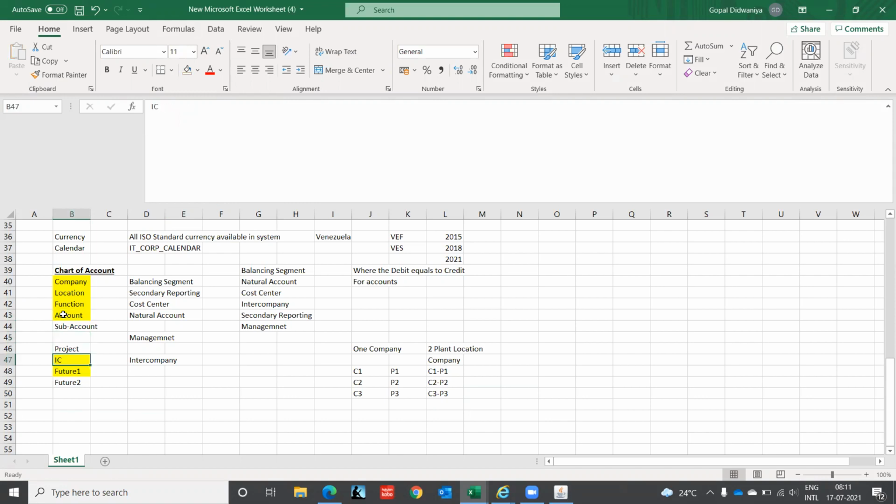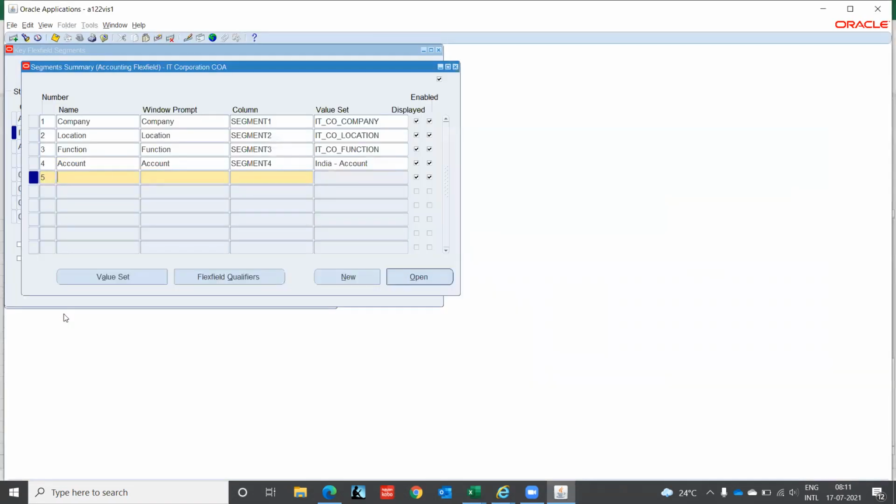Account one. Then I will just add intercompany one and future segment one. Intercompany. For intercompany, you can very well use the company value set because a company will have transactions with another company. So that is the value that will come in the intercompany, and how the intercompany works we will see in the GL module. Intercompany one, future one. In the future one, segment 6, and I will define